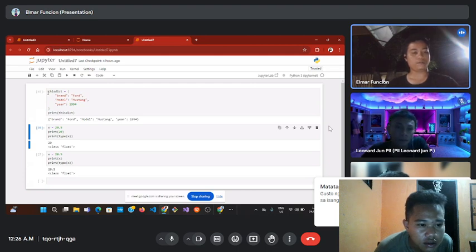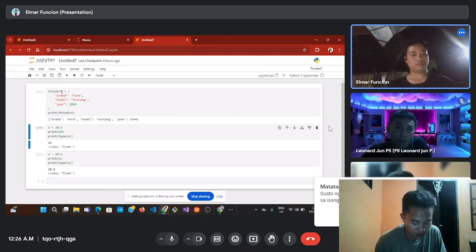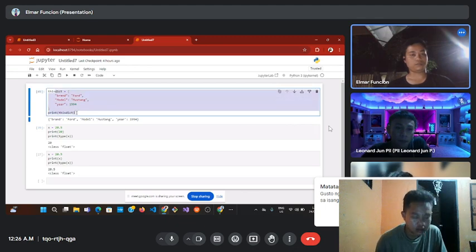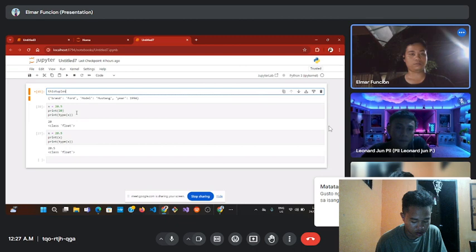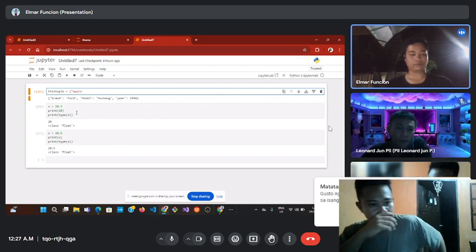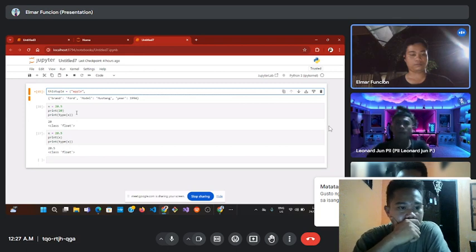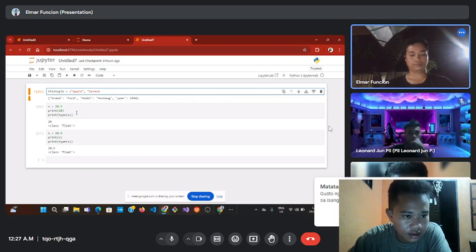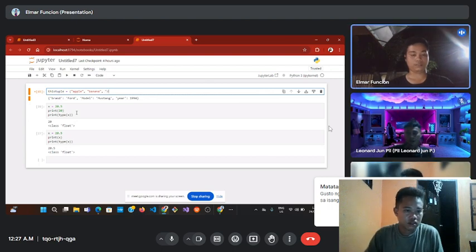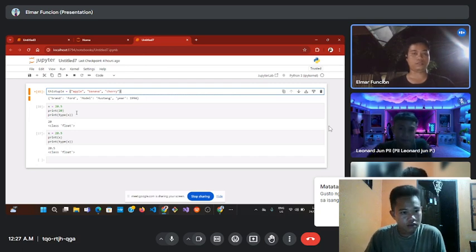Let's try the tuples here. Let's try this tuples: apple, banana, cherry.